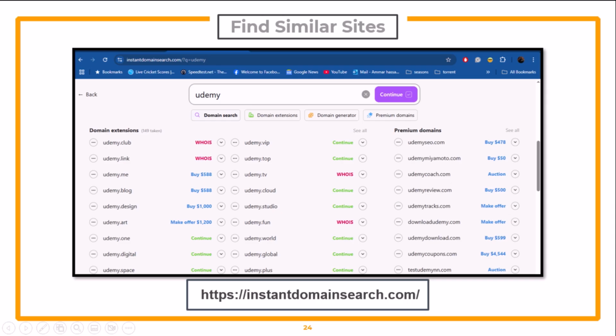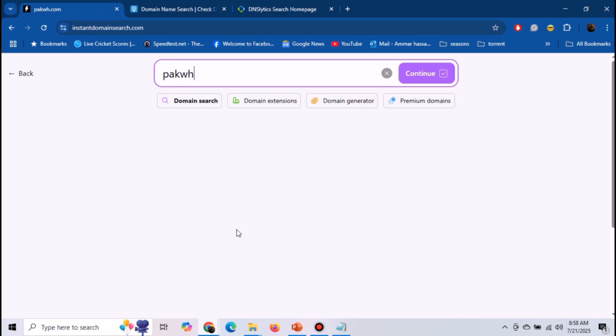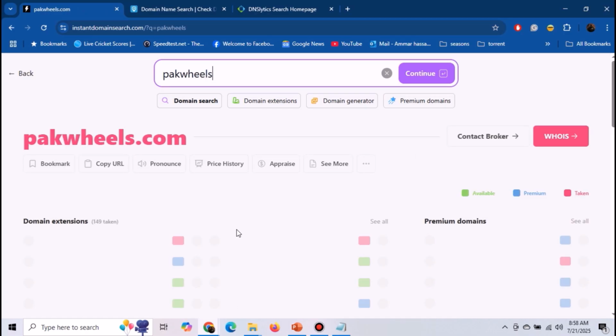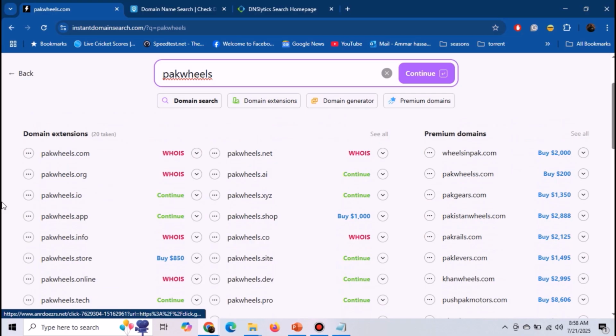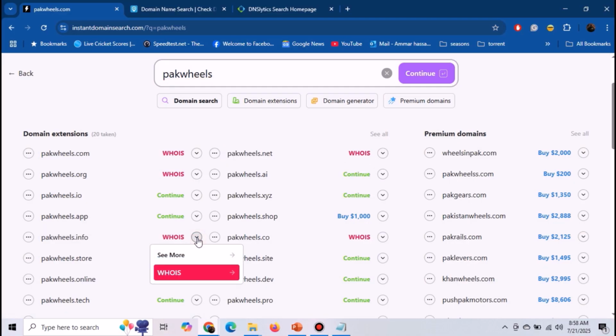Our first tool for finding similar sites is instantdomainsearch.com. While primarily a domain registration tool, its search capabilities are excellent for quickly identifying available or registered domains containing specific keywords. Let's search for the keyword pack wheels. You can see it instantly generates a huge list of domains that contain pack wheels, along with various top-level domains like .club, .link, .blog, and even premium domains. This is fantastic for identifying potential brand abuses, related ventures, or simply mapping out the ecosystem around a particular keyword